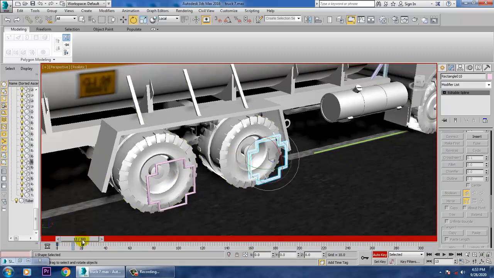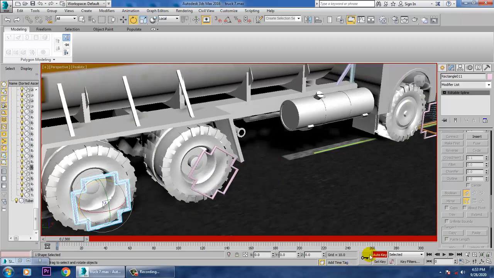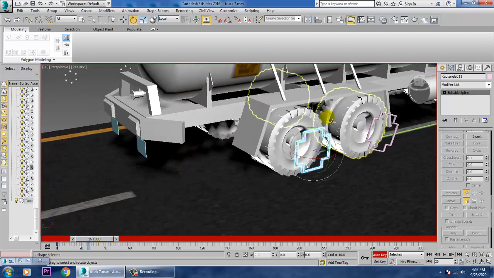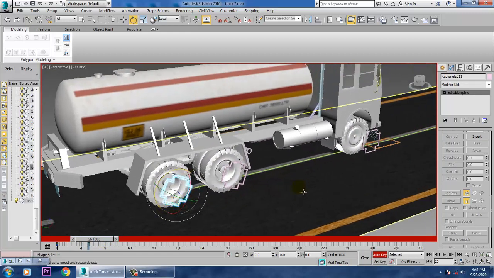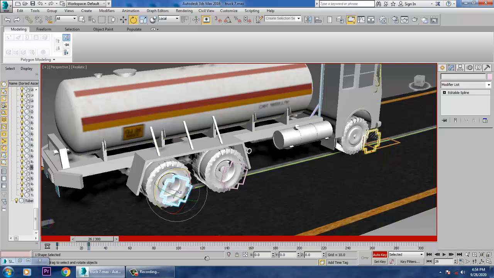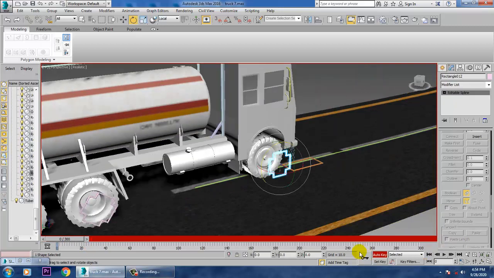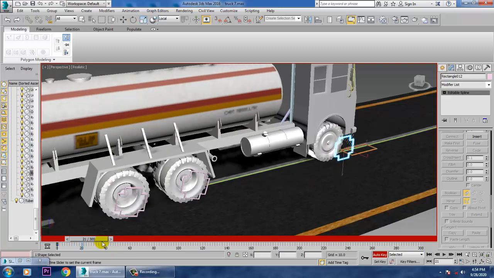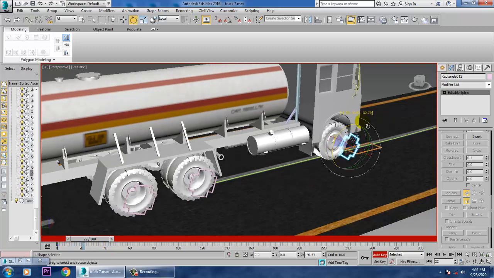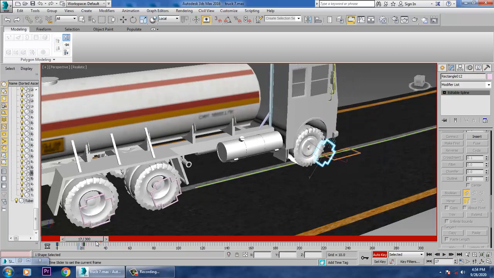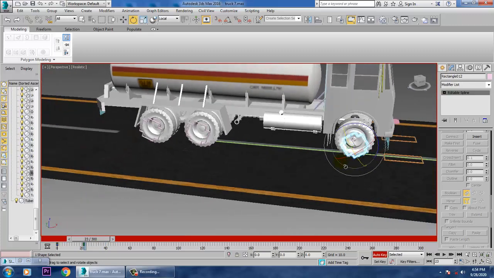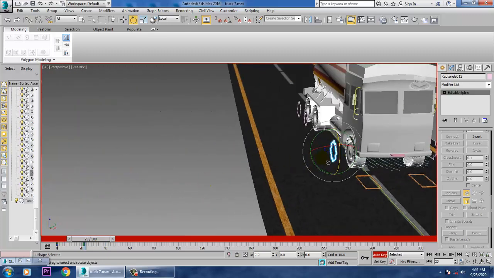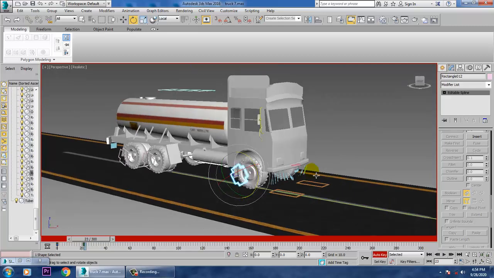again I will select this, go to the first frame and I'll rotate this. As usual, this is going to happen over here also. Key it and rotate it. So you can see that the wheels are rotating. So once you see that my truck is moving over here,